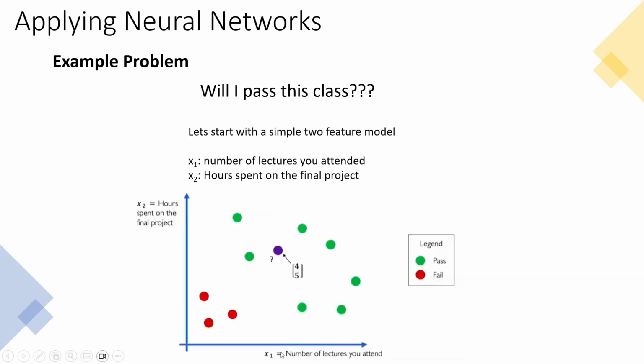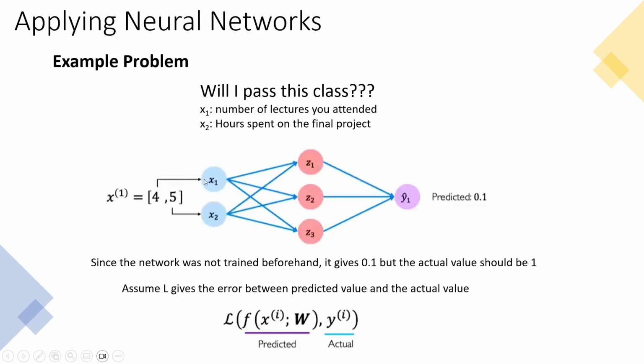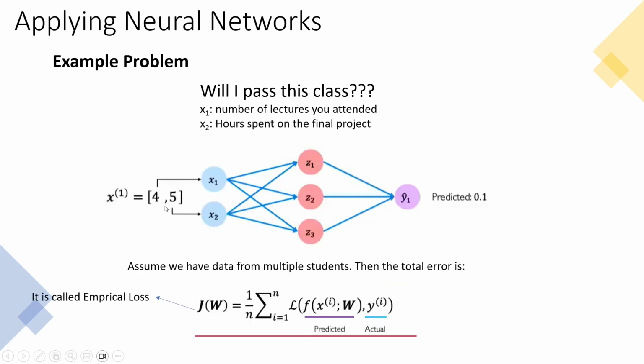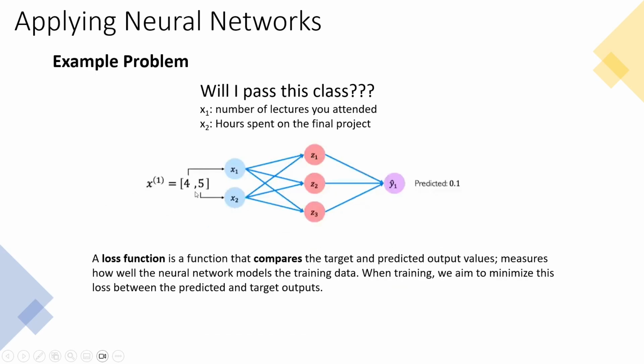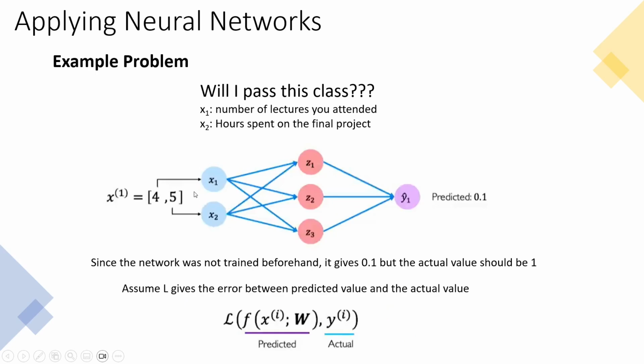Okay, we have x1 and x2, two independent variables. So in our network, we need to be able to feed two data. Okay, number of lectures attended and number of hours spent. These are two variables. So this is gonna be our input vector, that's gonna be our hidden layer,